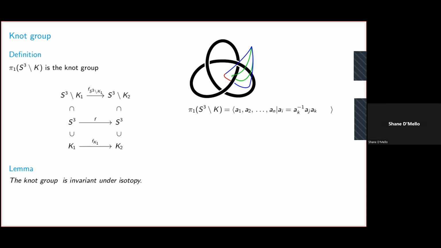Okay, so now we seem to have solved the problem, right? Because we have an invariant which seems to be decent enough to tell apart the unknot from any other knot. True, it's not strong enough to tell apart any two knots, but that's too ambitious. Nevertheless, it's decent enough to do that, and we have a way of computing it given a diagram.